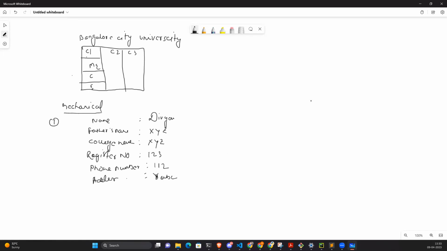Okay, similarly for student 2. Student number 2 is Rupa. Rupa is going to say father's name, her father name is WXY. College name will be same because you guys are studying in the same college, right? So college name will be same. Register number is 3456. Phone number, Divya's phone number 992, just for example. And other address, I am going to write